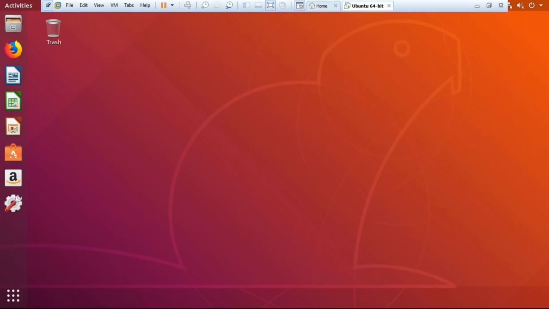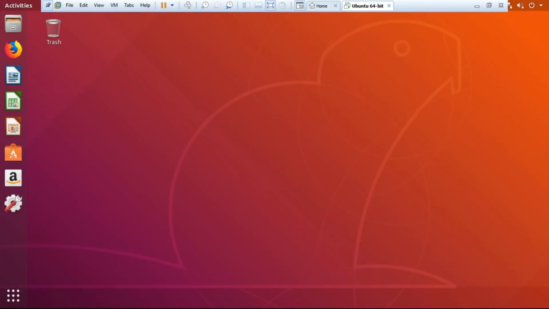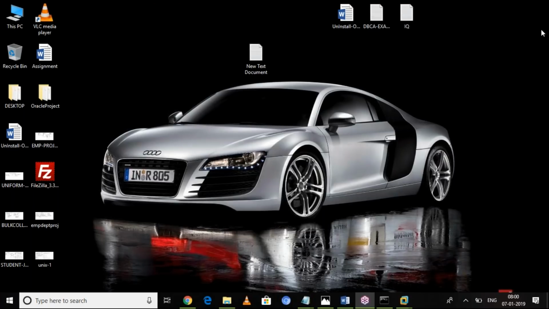Like this. Listen carefully. One user is under CUI, another user under GUI. How many users are working parallelly? 2 users. So it's not possible in other operating systems. Only this type of login and working is possible in Unix and Linux. Okay, this is about the Unix and Linux demo.